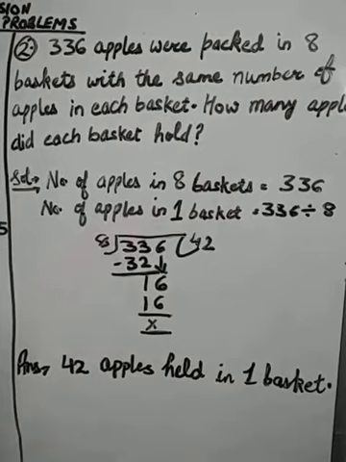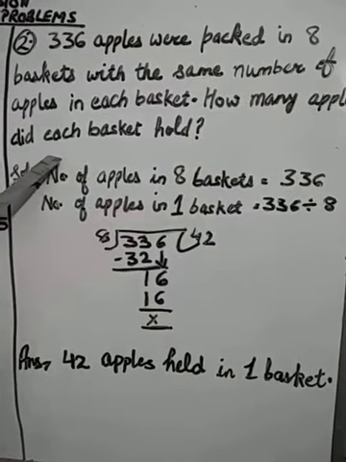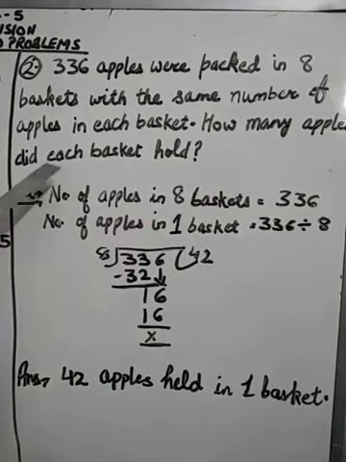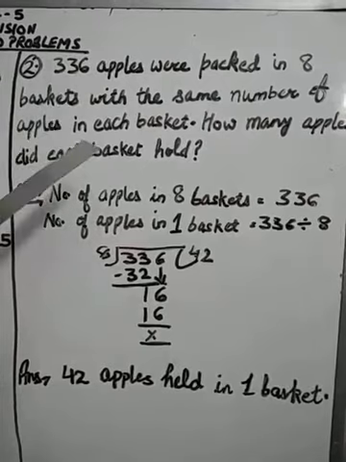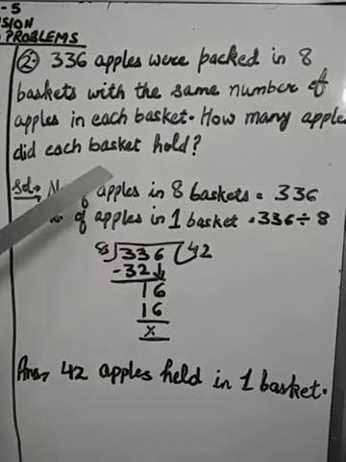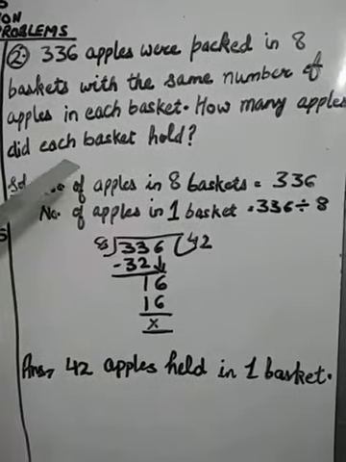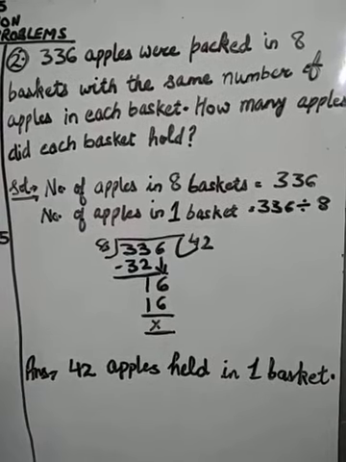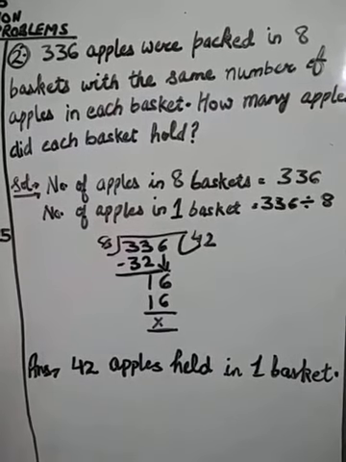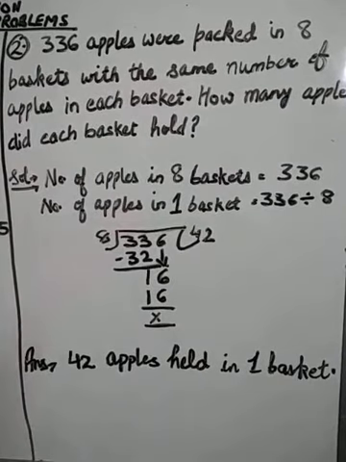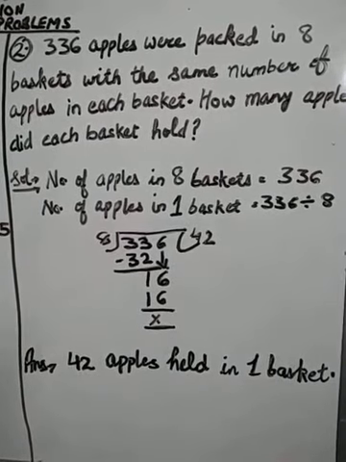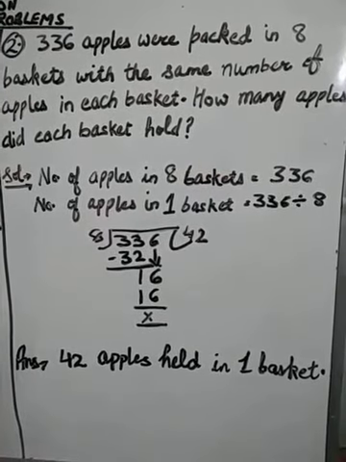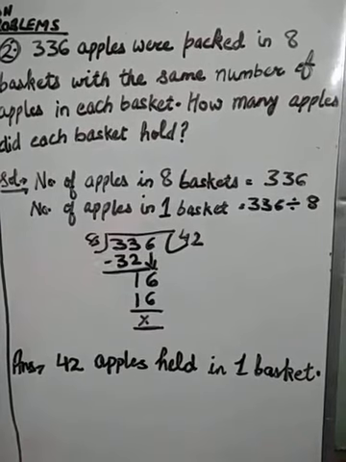So each basket, so this each belongs to the division because we have to calculate each basket occupation. Each basket hold कि एक basket में कितनी hold हुई हैं, कितने apples आए हैं. We have to calculate of one basket, quantity of one basket. So we will do division here. And first of all we will write the statement number of apples in 8 baskets. Now you can see that we have total number of apples are there. So 8 basket में number of apples is equal to 336.